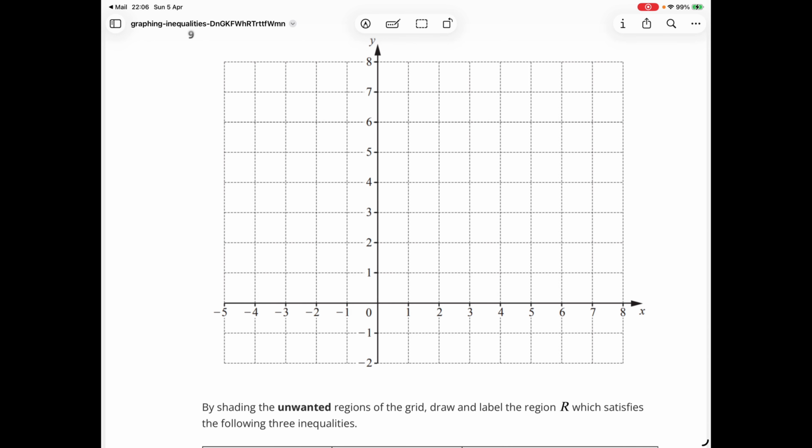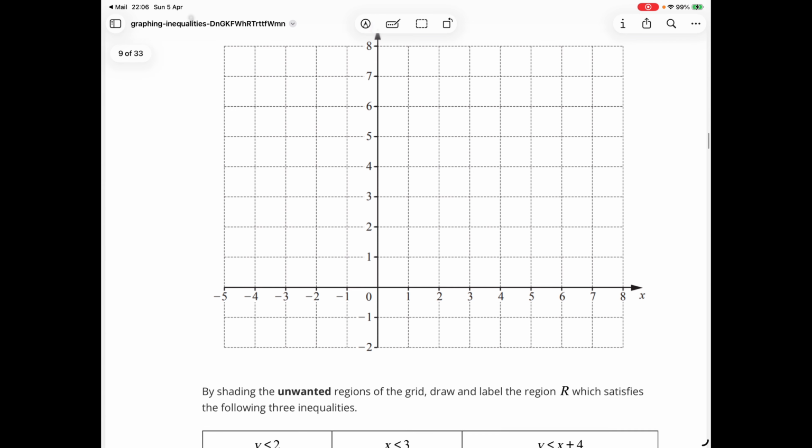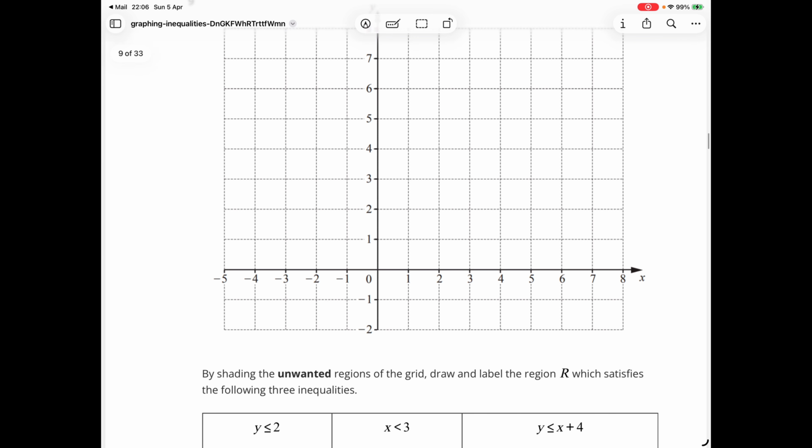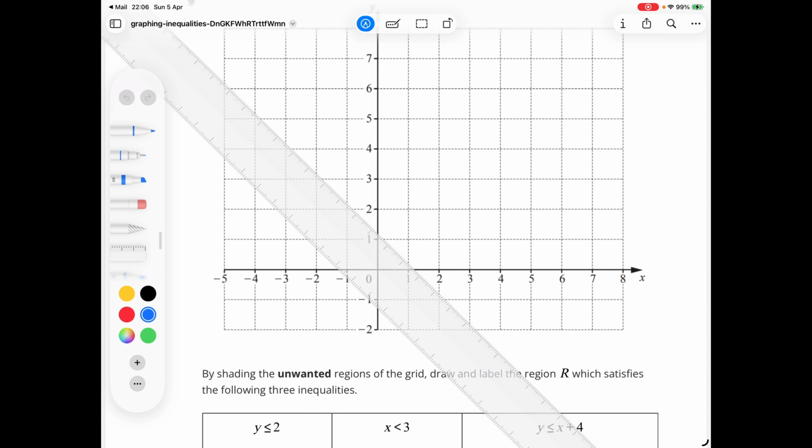Okay, I'm now doing graphing inequalities. So I thought I would use these as my graphing inequalities. So what we have is, by shading unwanted regions of the graph, draw and label the region R, which satisfies the following three inequalities. It means I'm going to have to do another one where I show it a different way. So y is